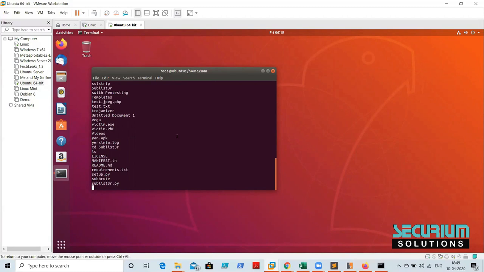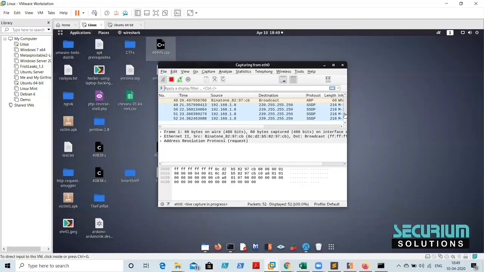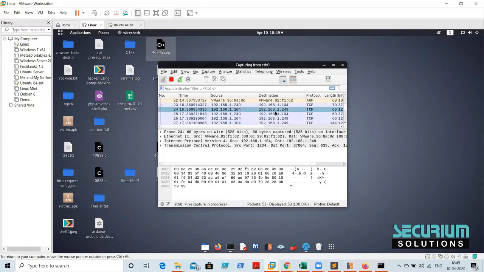But how can IDS find it? Because a reverse connection is not an encrypted one. Reverse connection is not an encrypted one. So it might see some IP address like this, like a TCP connection. So for any TCP communication, if you follow the TCP connection,